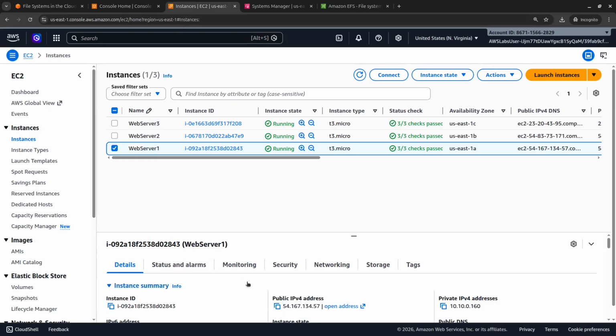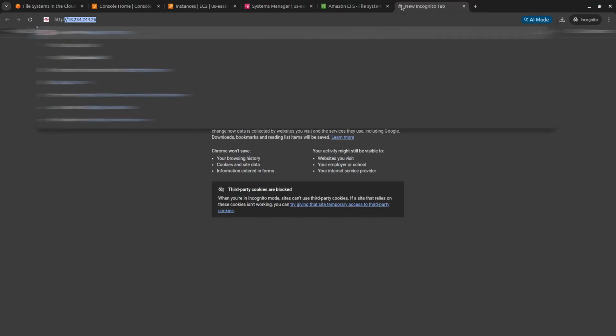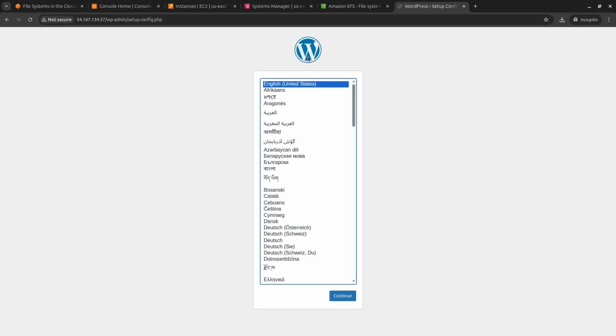Go back to EC2 and copy the public IP address of your EC2 instance. You will see a warning because we are using HTTP. Click on Continue to Site. And you will see the WordPress